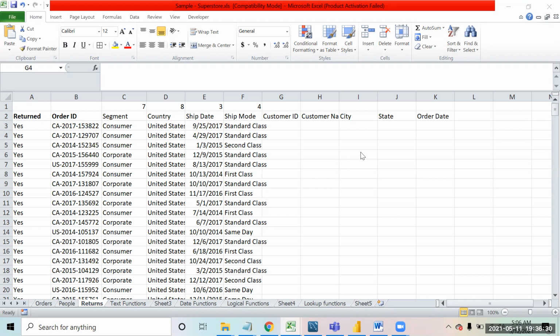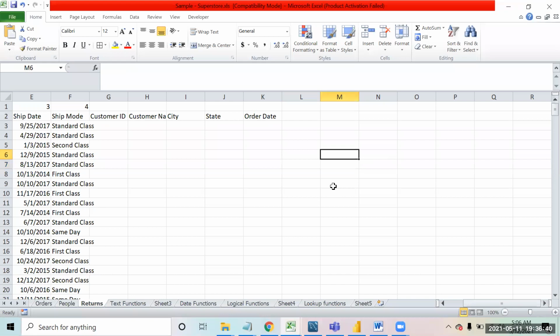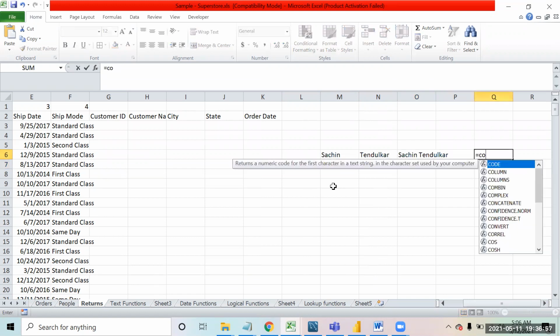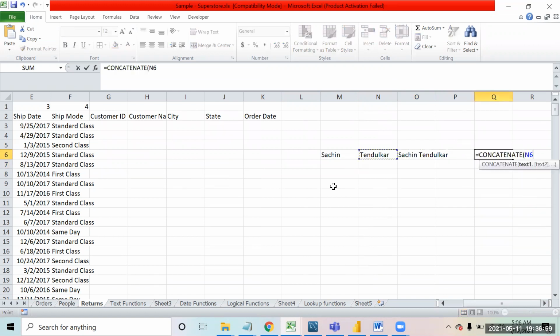Okay, because I used comma here. So comma will be required, because when you give multiple values, you have to put a comma. Understood. For example, I have two names over here. One is Sachin and this is written Tendulkar over here. If you have to concatenate them, you can say equal to this ampersand space ampersand this. This way you will get this, or you can use the concatenate formula. You can say concatenate Sachin, comma, then you put a space, comma, and then this.